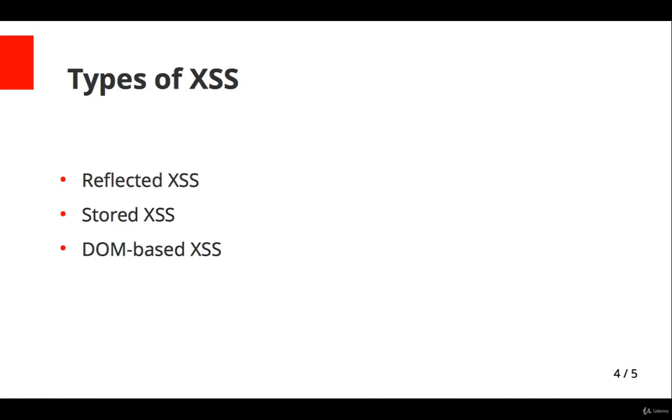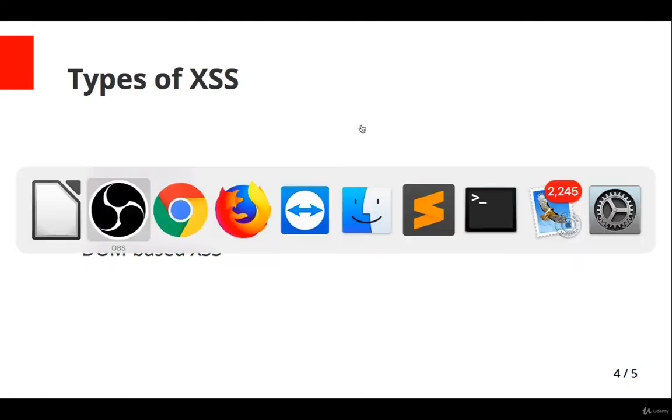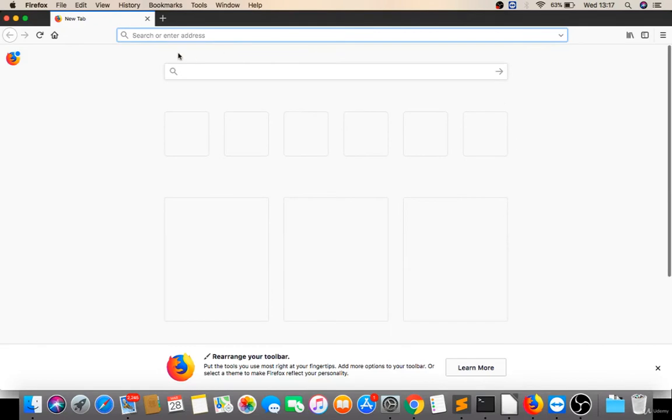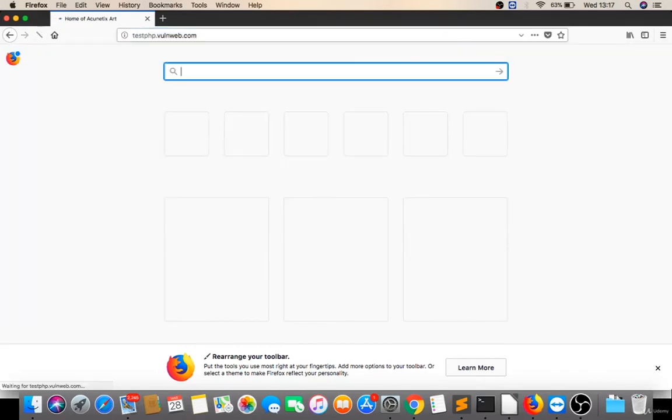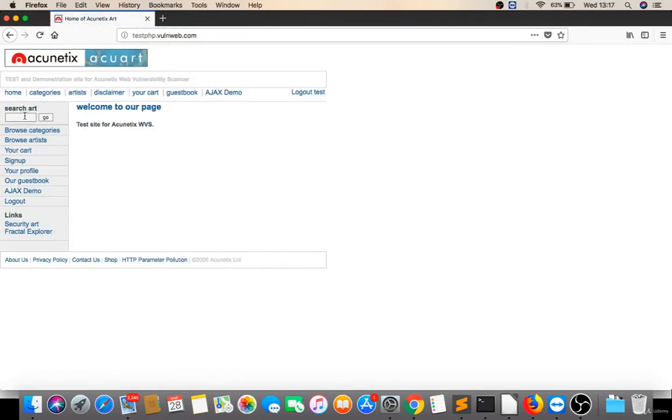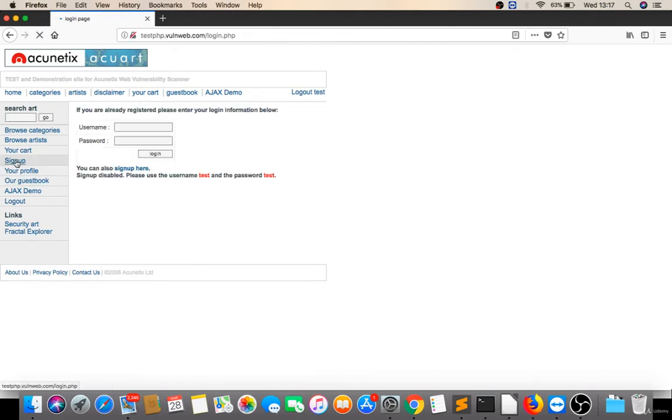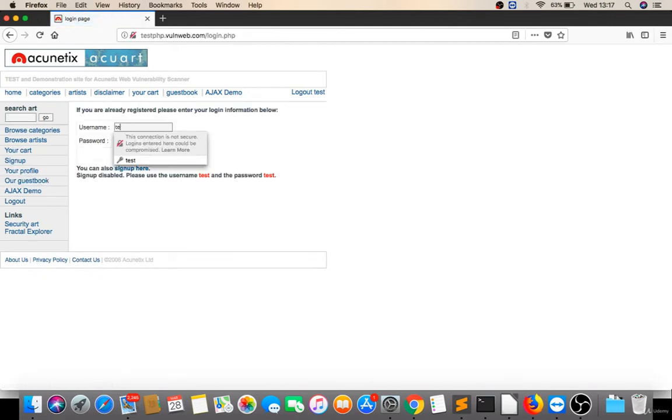So basically, let's take examples of reflected, stored, and DOM practically. This is a website. If I'm giving hello here, hello is reflecting, but it's not storing. So there may be reflected cross-site scripting. Okay, now let's click on sign up, log in on this application.